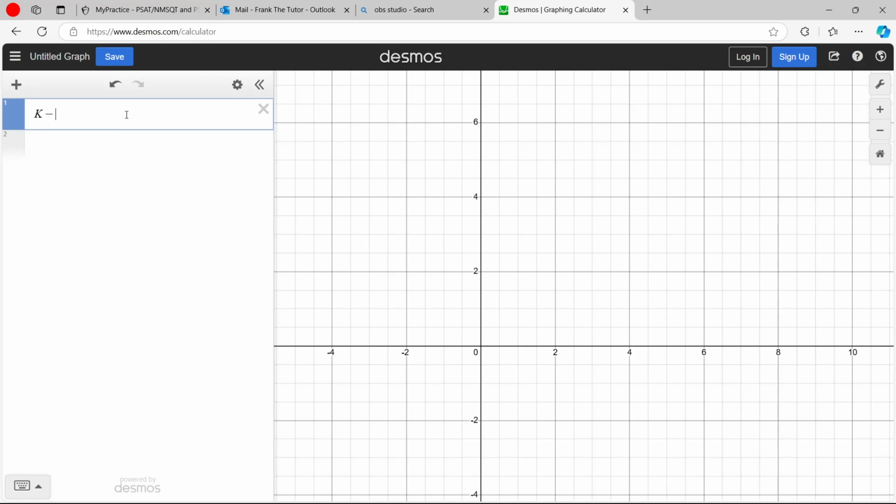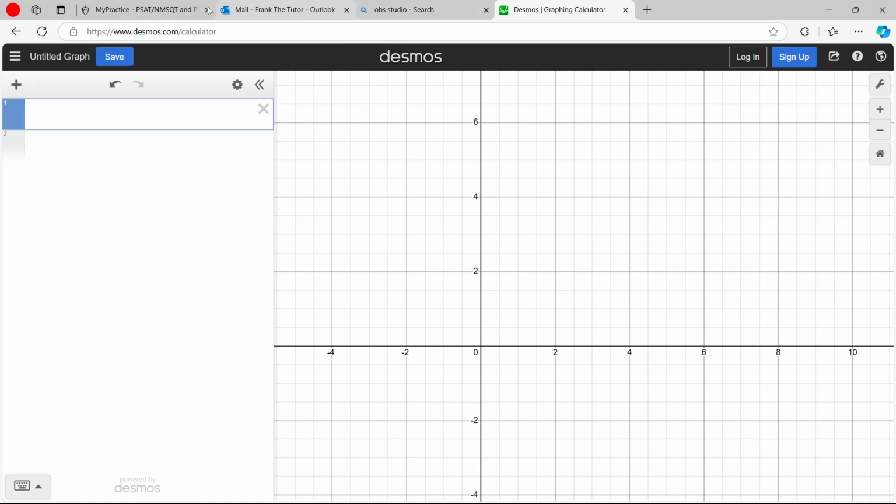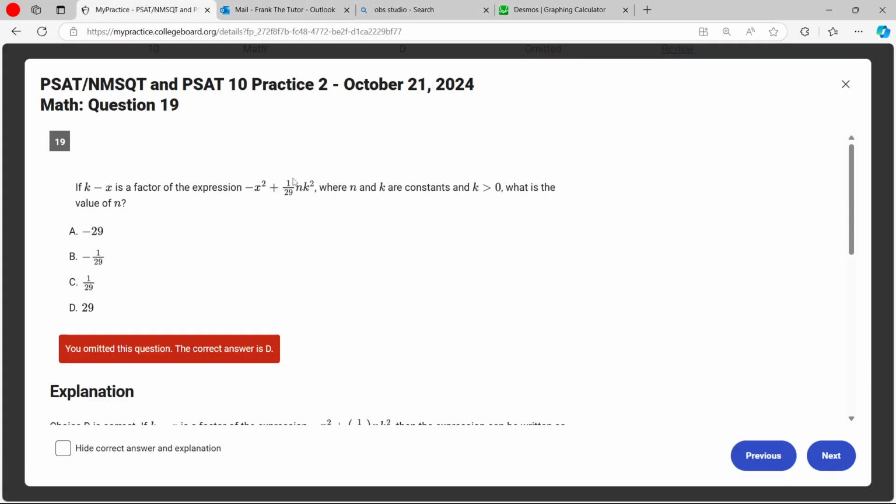If k minus x is a factor, and for some reason my caps lock was on, k minus x is a factor. Remember, in order to get the x values of the zeros, you set the factor equal to 0, and then I would add x to both sides, and k equals x. So x is equal to whatever I choose for k. Remember that. I would just leave it written in, but I don't want it cluttering this. So I'm going to write this equation, negative x squared